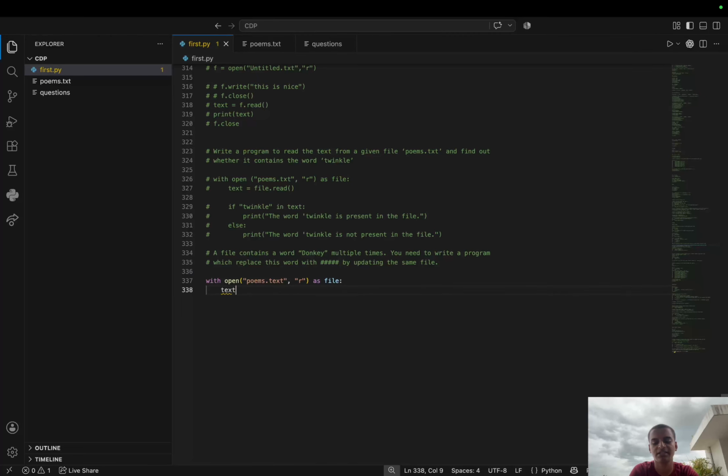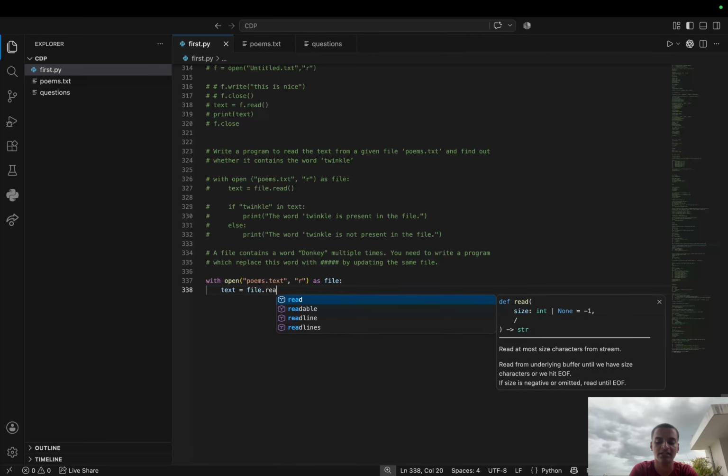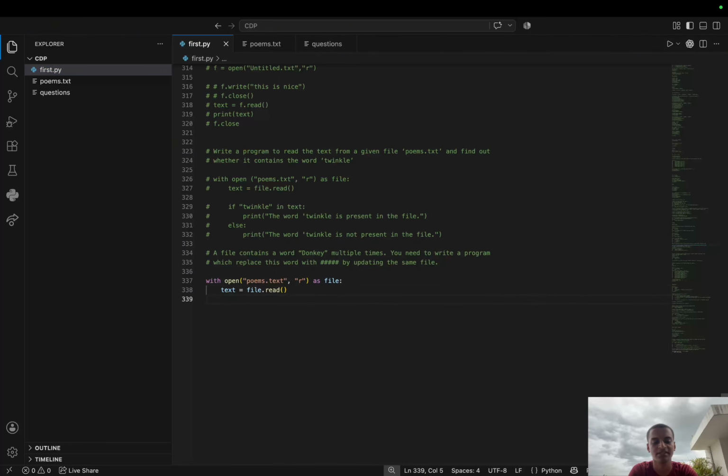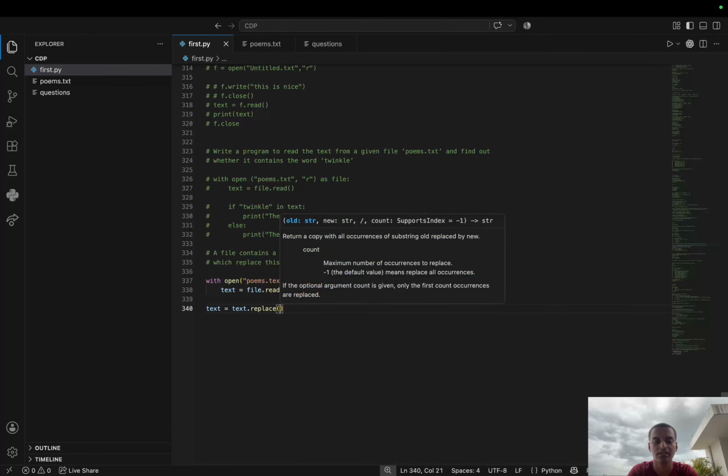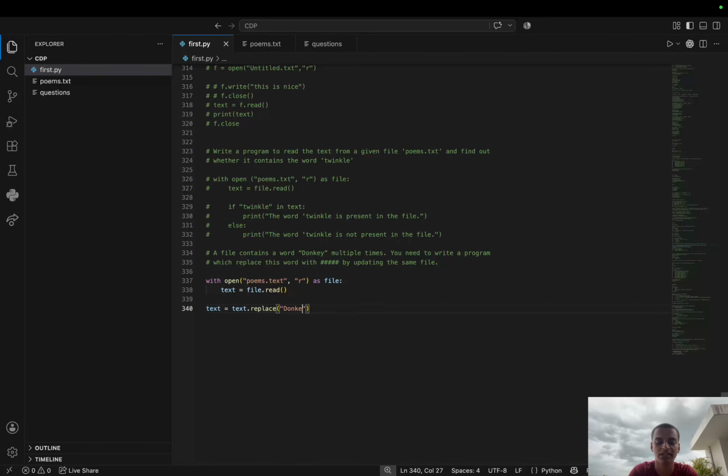ठीक है। अब हम क्या कर रहे हैं, अगेन टेक्स्ट, इसमें वही है जो हमने यहाँ पे किया था ना, इसी को हम रिपीट कर रहे हैं, फाइल डॉट रीड। हाँ, यहाँ पे हमें पैरेंथेसिस भूलना नहीं है, ठीक है। अब हमने तो ओपन तो कर लिया, इसको हमने ओपन कर लिया ना। अब हमारे क्या काम है कि हमें इसमें जो भी रिप्लेस करने का काम है वो रिप्लेस हम करते हैं। तो टेक्स्ट को हमने ओपन किया, टेक्स्ट में हम क्या बोल रहे हैं, जो टेक्स्ट डॉट है ना, इसमें हम रिप्लेस कर रहे हैं, रिप्लेस वाले यूज होता है। रिप्लेस कर रहे हैं किसको, डोंकी को 5 हैशेस से, 1 2 3 4 5, 5 हैशेस से रिप्लेस कर रहे हैं, ठीक है।